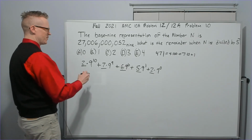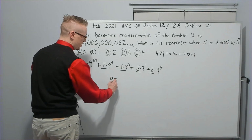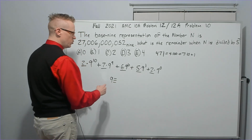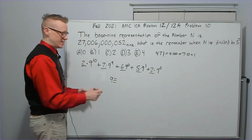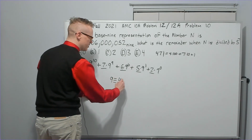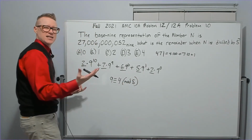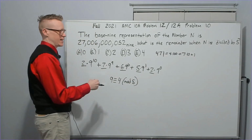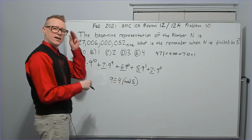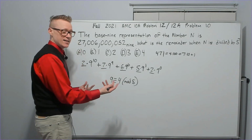So now, you might not know this, but if you do 9 is congruent to what in base 5? This is the congruent symbol for modular arithmetic. It would be congruent to 4, and you write mod 5. Not base 5, but mod 5. Sorry, it's kind of the same thing. So 9 is congruent to 4 mod 5, but did you know with modular arithmetic,